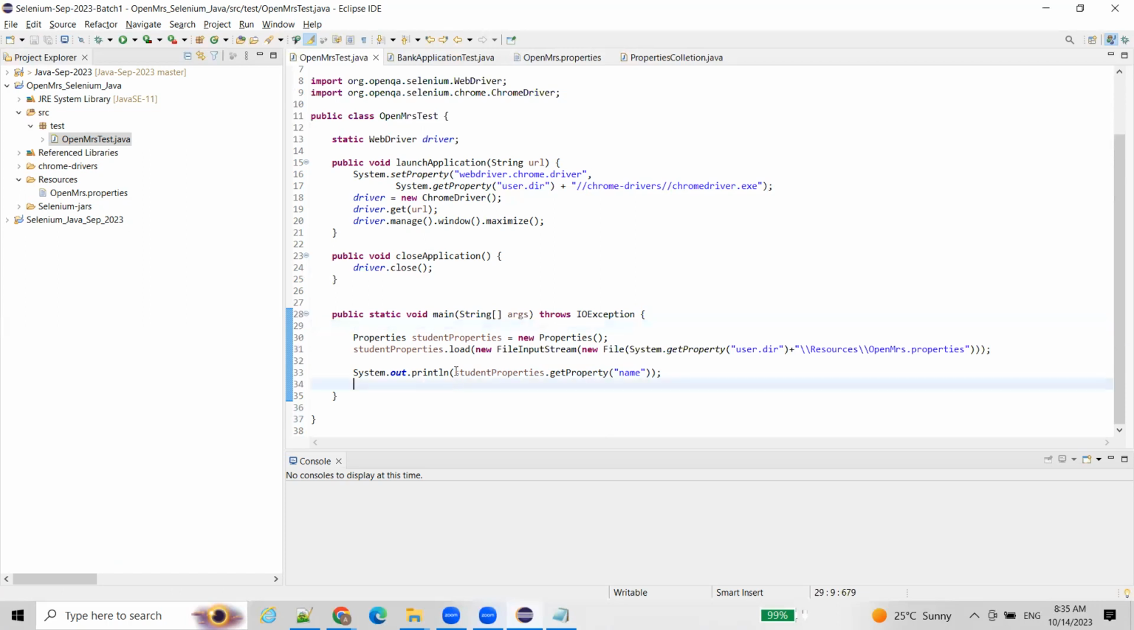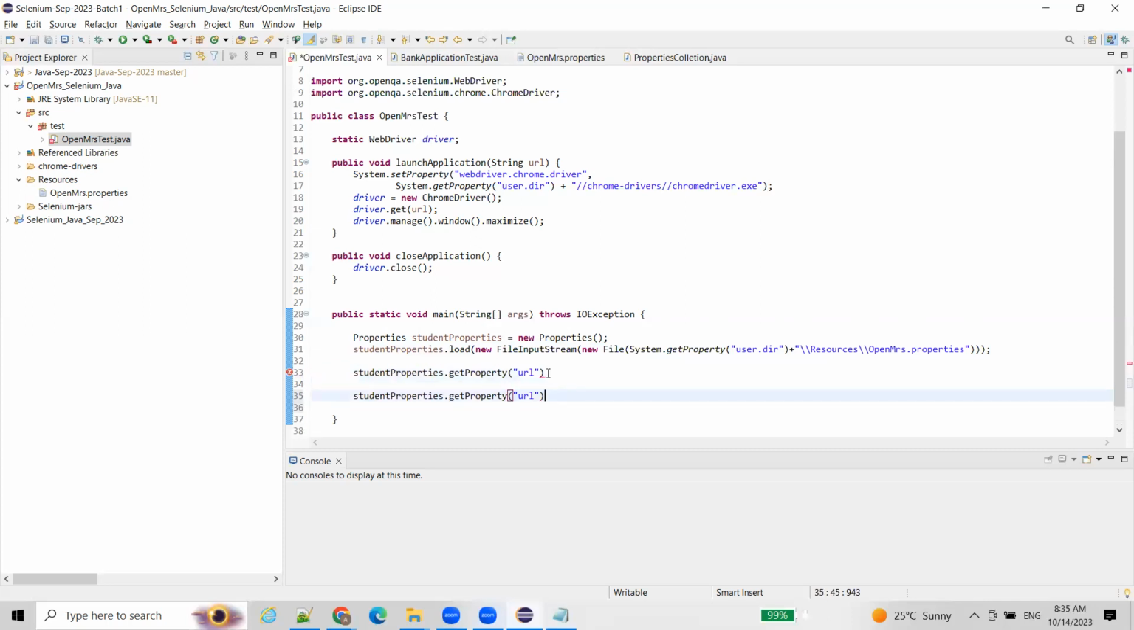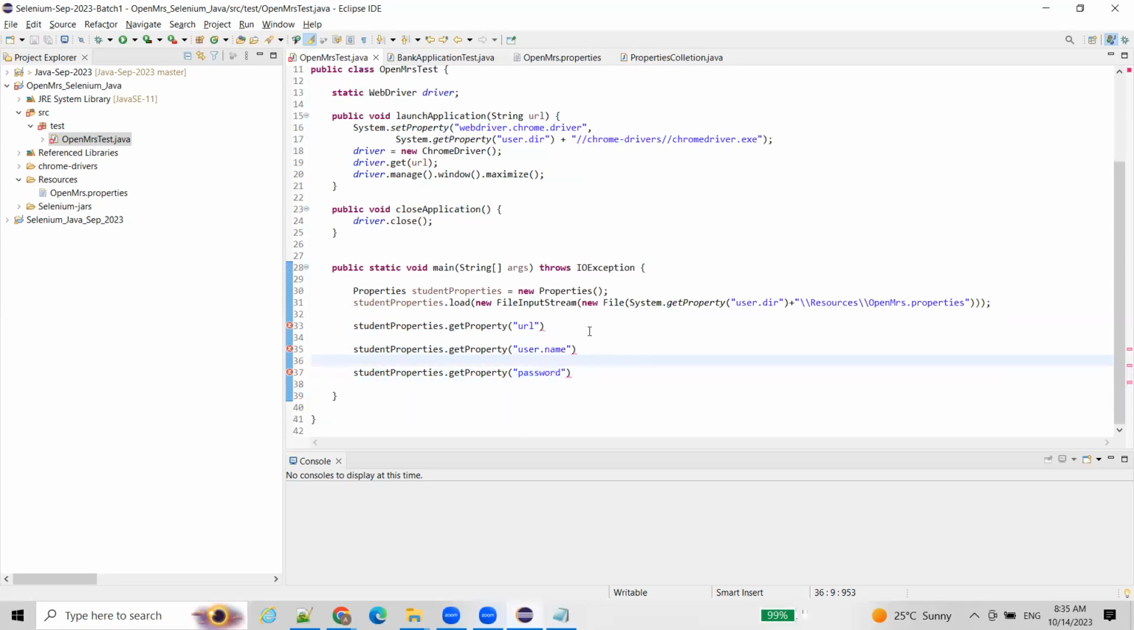You want to read the property. Which property do you want? You want the URL. You want the username. You want the password. Username dot name and password. So once you implement this code,